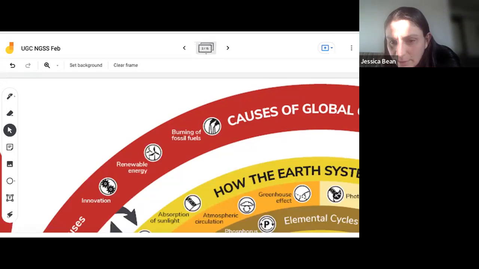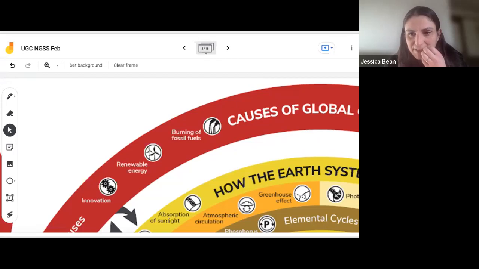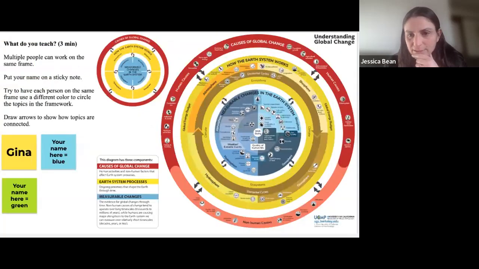The link should be in the Jamboard. If you go forward from the Jamboard page that it takes you to. Is anyone having trouble finding the pages on the Jamboard that look like this? You can let me know in the chat. Okay, I see some people look like they're able to sign on.